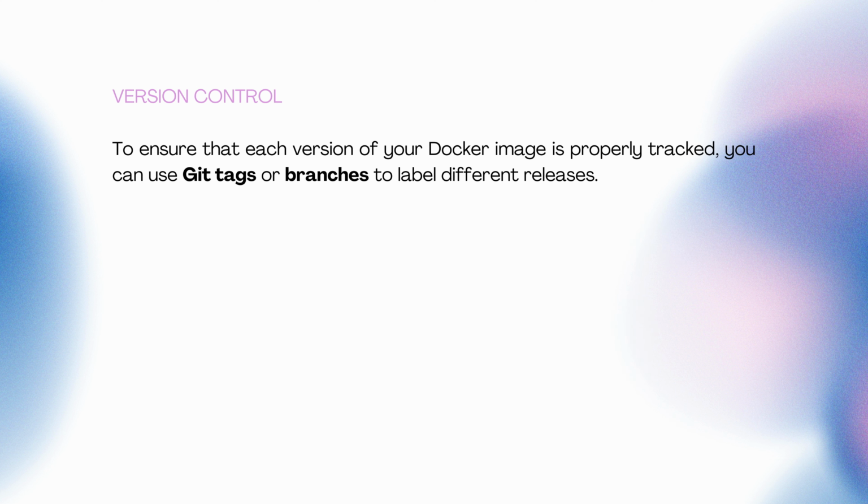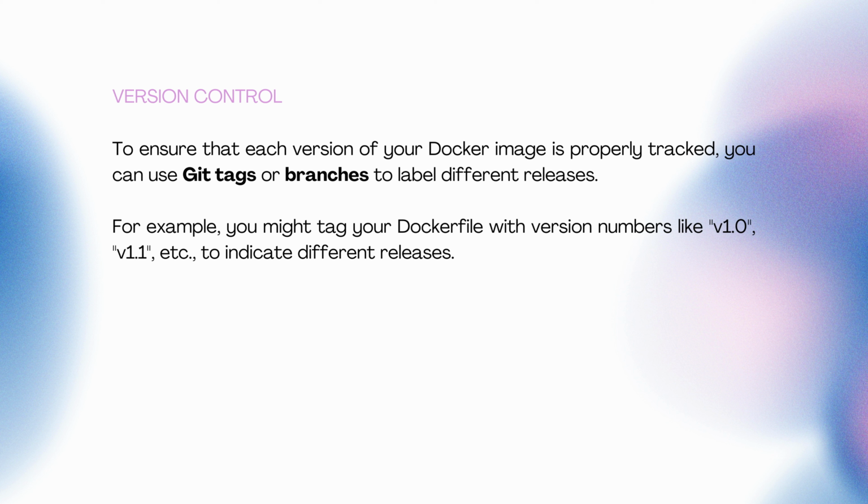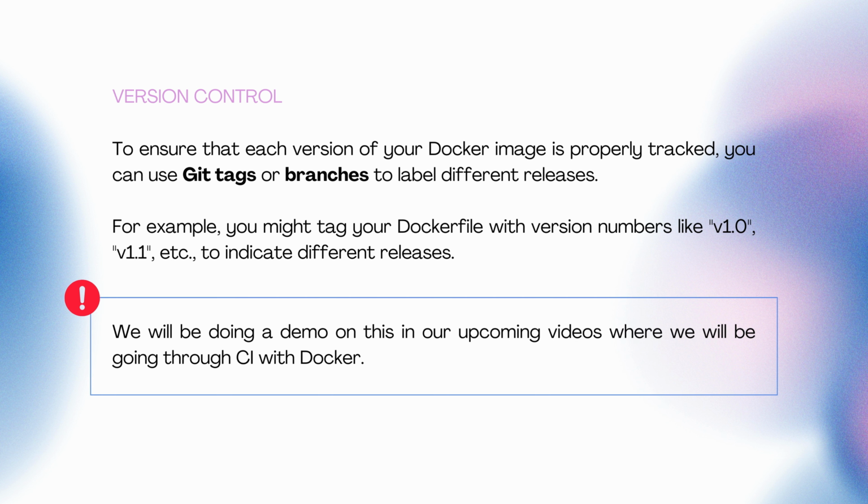To ensure that each version of your Docker image is properly tracked, you can use Git tags or branches to label different releases. For example, you might tag your Dockerfile with version numbers such as version 1.0 or version 1.1 and so on to indicate different releases. We'll be doing a demo on this in our upcoming videos, where we will be doing the CI-specific exercise